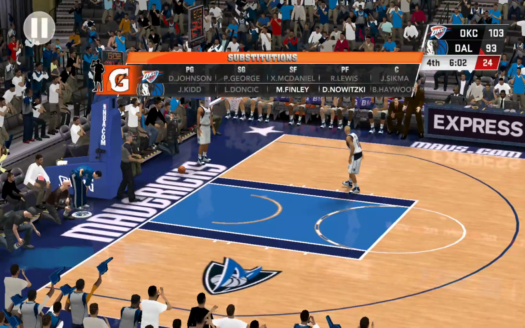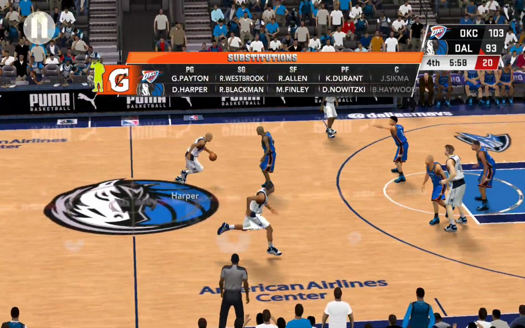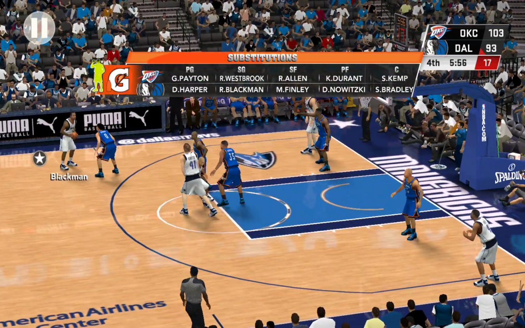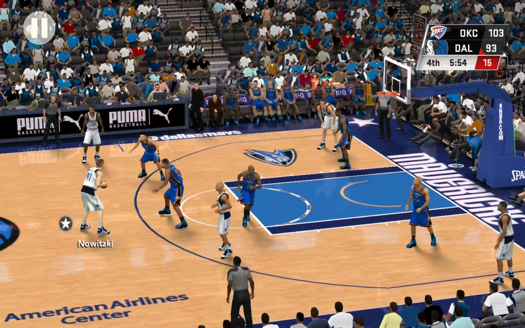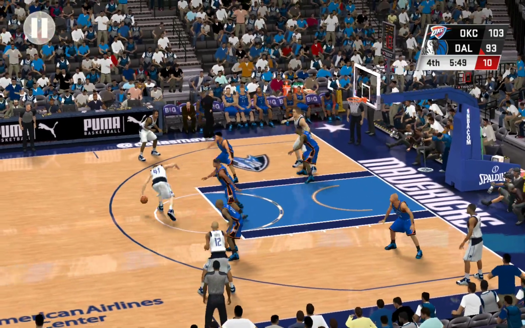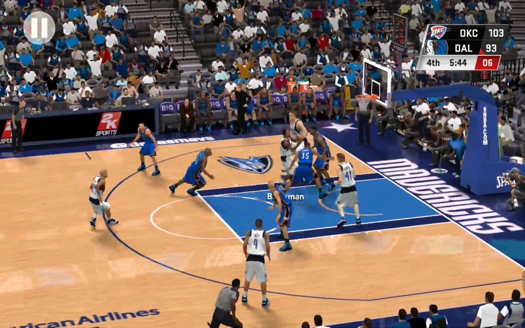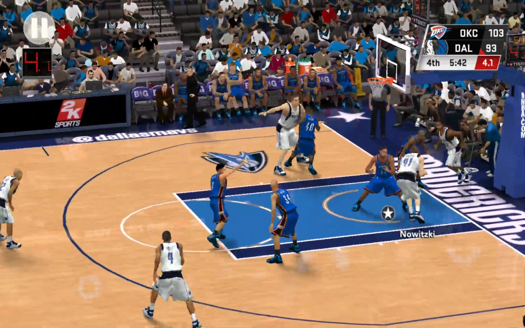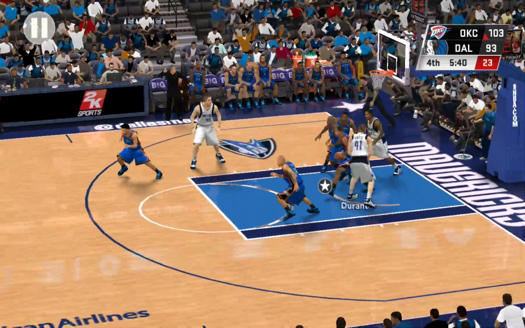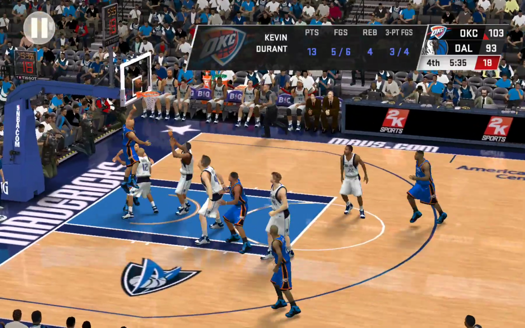And the Thunder making a change here. Now the Mavericks with it. Here's Harper. Pass to Nowitzki. Blackman, 6 on the shot clock. Back to Nowitzki. Off the mark, had a chance to trim it to single digits. Up the floor, Allen in the post. Finish off the break.